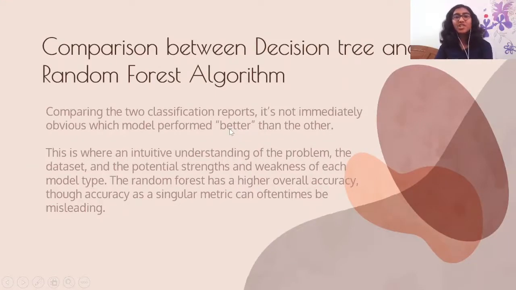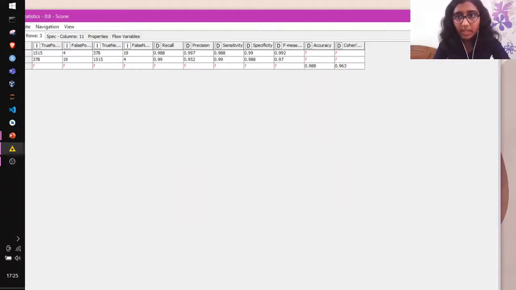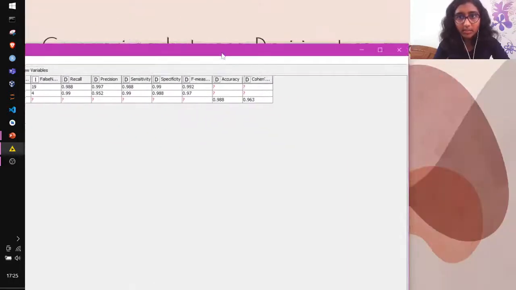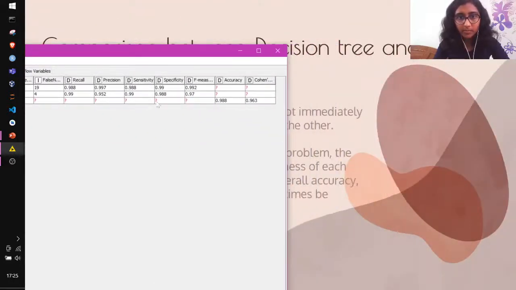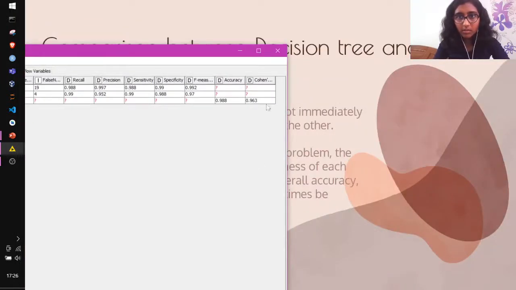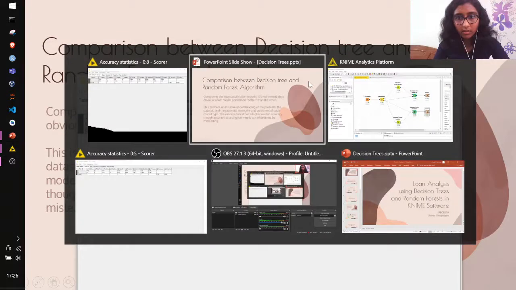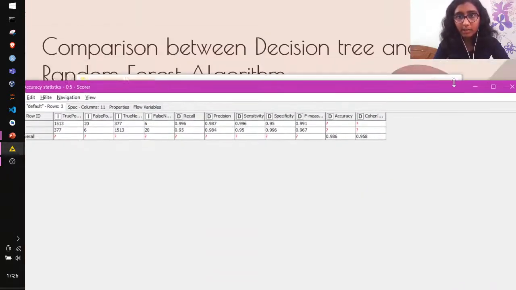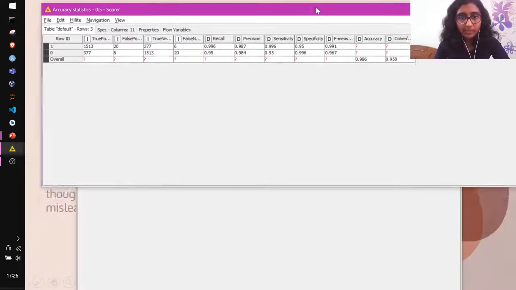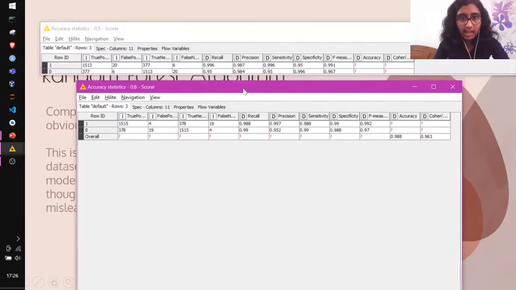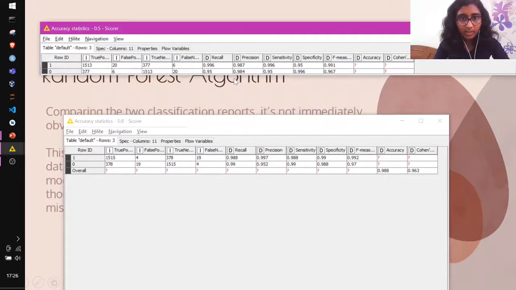So comparing decision tree and random forest, we can see the accuracy of both of them. This was the accuracy statistics for decision tree, and this is the accuracy statistics for random forest.